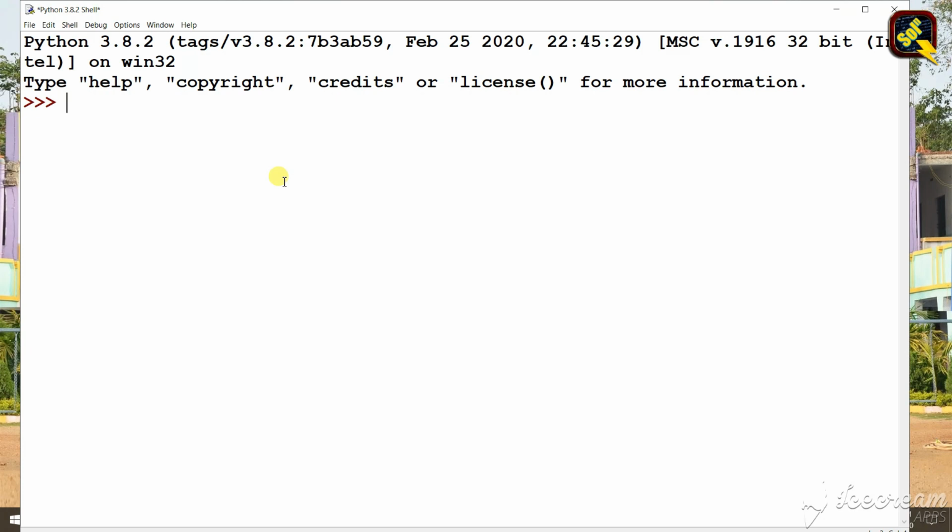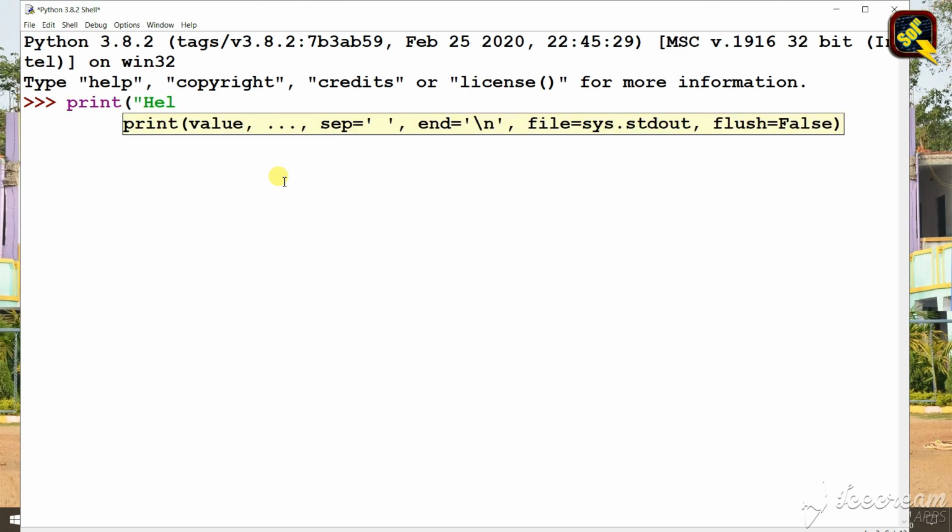In other languages it requires at least 5 to 6 lines. But we can print hello world with a single line using the inbuilt function of Python, that is print, and we need to give just a simple hello world.